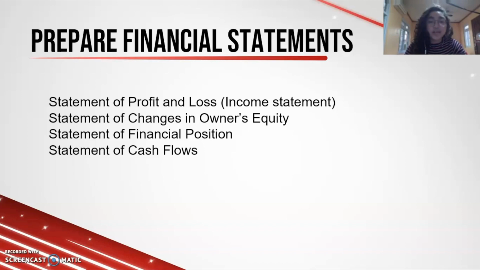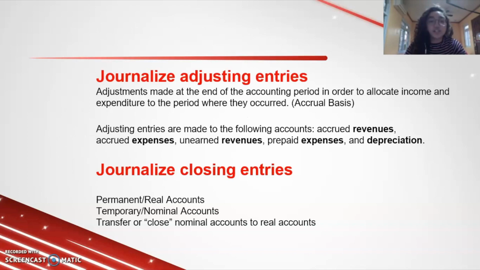So sixth step is to journalize adjusting entries. Adjusting entries are adjustments made at the end of the accounting period in order to allocate income and expenditure to the period where they occurred. This is considered as the accrual basis of accounting. Next step is to